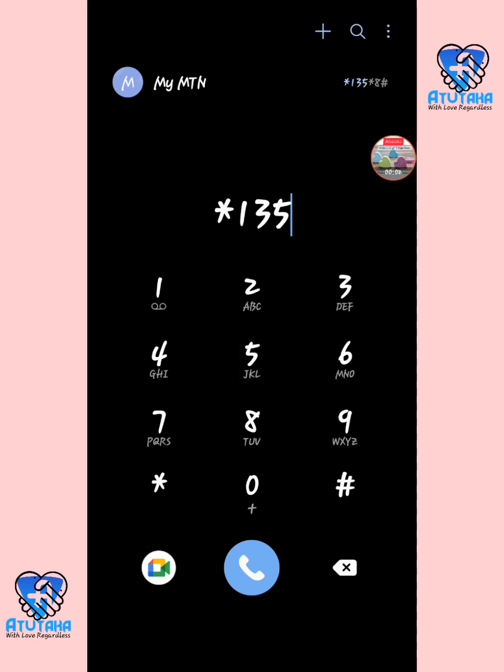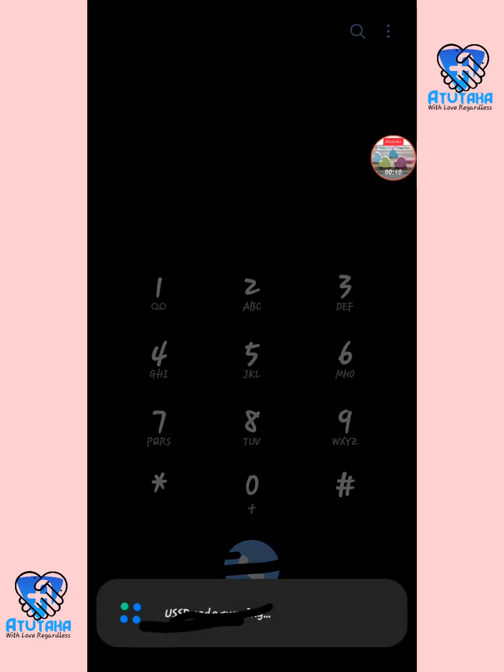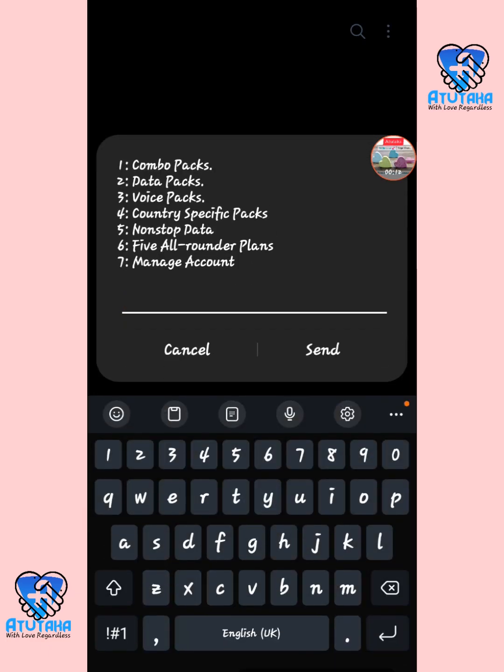It's a cool deal. So if you have your videos to download on YouTube or what, okay, if you want to check the balance, you dial *135# and it will send for you the balance in the message, and then it will bring for you data packs. Okay, before it sends a message, you have to select the second option of data packs